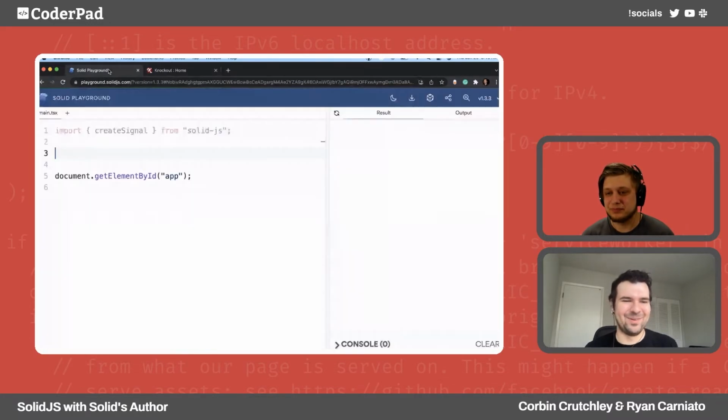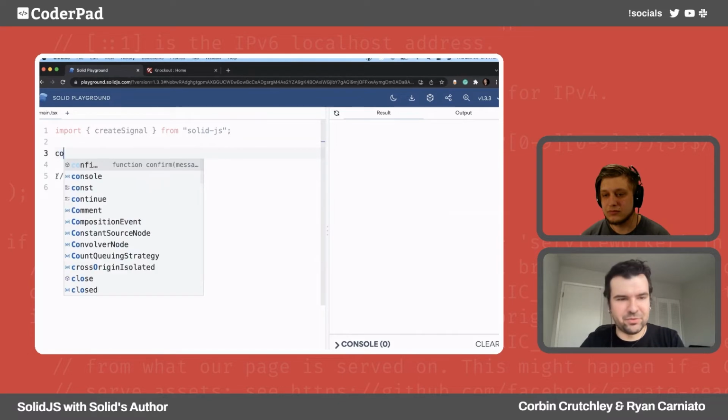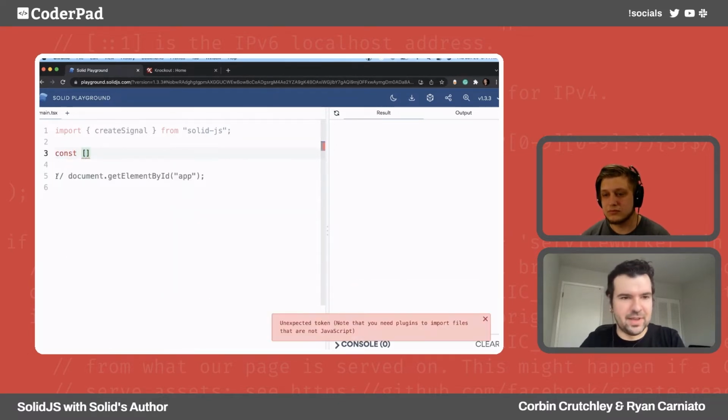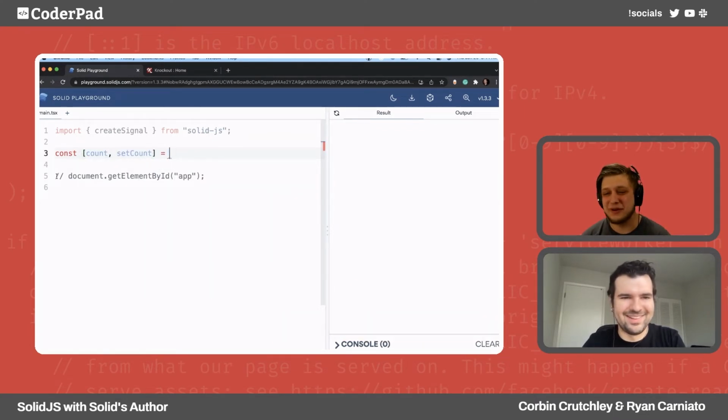But going back to where I'm getting at, with Solid we have slightly different primitives than React hooks, but when I show people React, that's essentially what they see. But for me, the starting point is that Solid's kind of a state library, is almost the best way I can put it. So you might declare, let's just do the classic, you have a count. I spelled it wrong, but always with live coding, right?